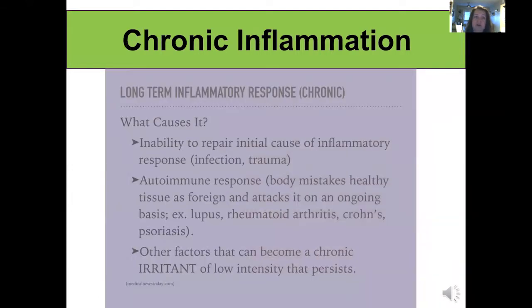Unfortunately, sometimes chronic inflammation happens. And the main cause of chronic inflammation is our body being unable to repair the initial cause of inflammatory responses. And that can be external trauma, internal trauma, infection. And when our body is unable to, because it either has an autoimmune problem, or we are weak and sickly in our body, or our body doesn't know what to do with the trauma,